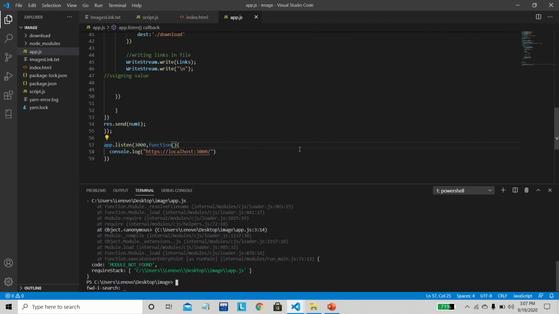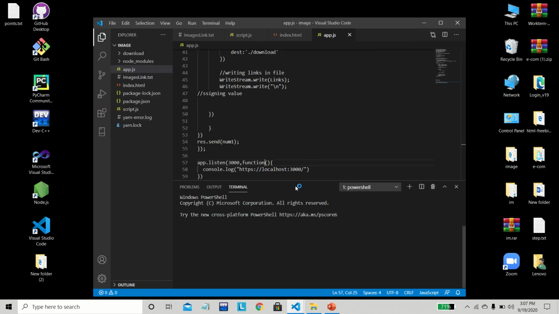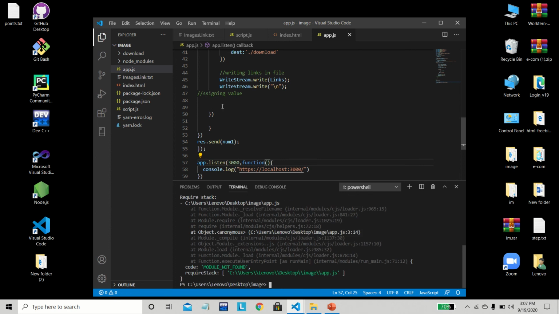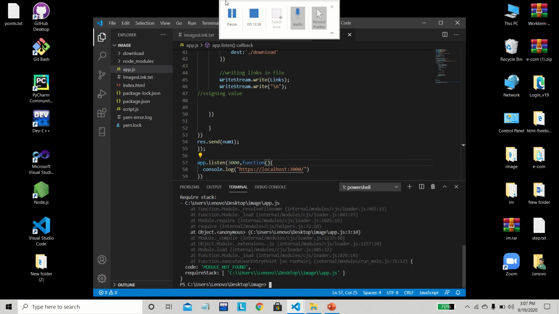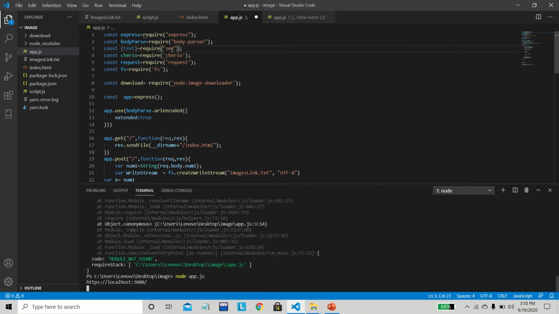Okay, just a sec, I'm going to close this and open it again. Maybe I'm using some port for it. Okay, node app.js. No, just a sec, I will find where the error is. Okay, where I got the error is, we defined here body parser, but it was written as presser. It should be parser. Here I got the error. Once we clear this error, I run node app.js.